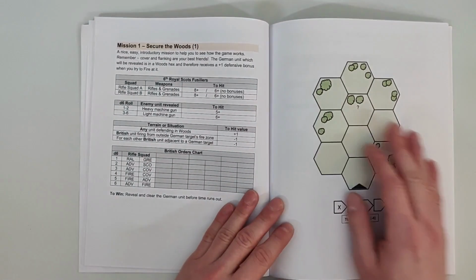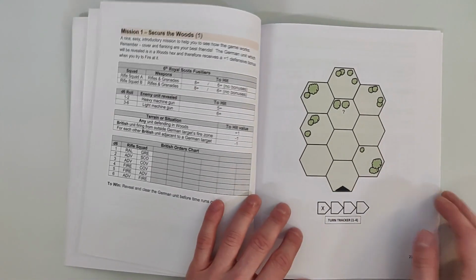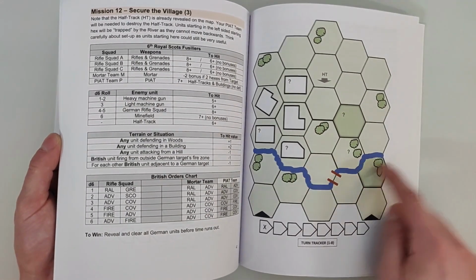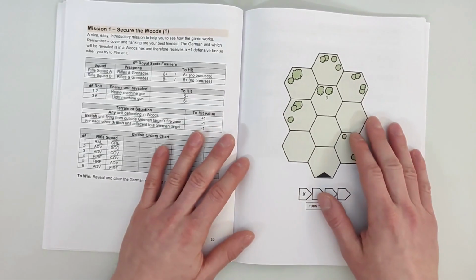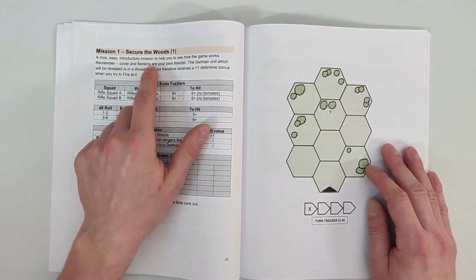Anyway, this is how the game is going to work. There are 15 missions, and each mission has a map. You can see that in the later missions, it's a lot bigger and a lot more stuff is going on here on the map. But in this starting first mission, which is Secure the Woods,